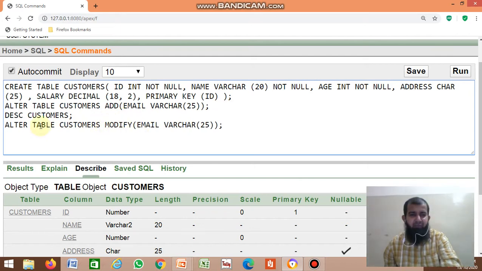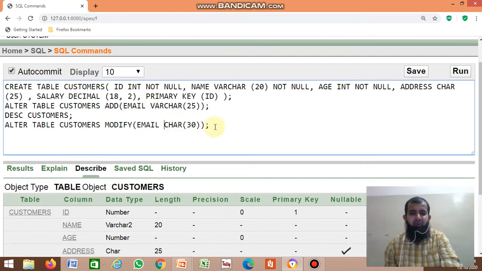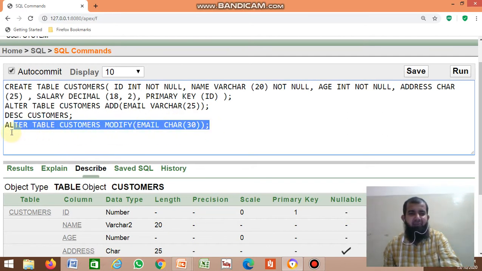Previously the size was 25, now I make it 30. And if I want to change the data type, check. The modify command is used to change the data type, or you can change the size.